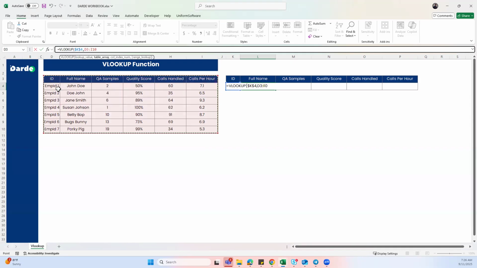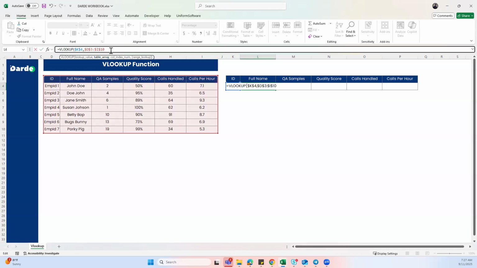You can reference from D4 to I10, that's fine, but referencing the entire table, including the headers, doesn't make a difference. And again, I do want to lock this reference in with an absolute reference as well. So that's going to be F4,